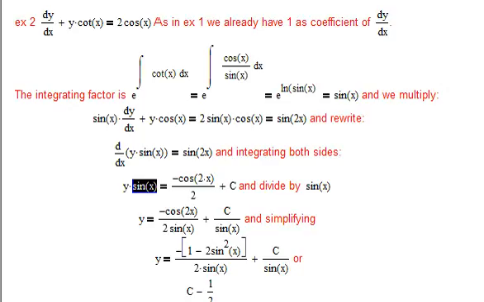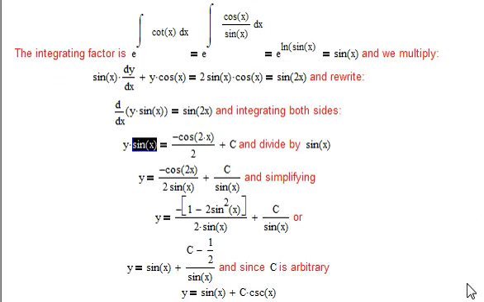And now it gets a little bit more interesting, but it's just a matter of a few trig identities. Remember that cosine of 2x is 1 minus 2 sine squared. We actually use that to integrate sine squared in calculus 2. So that shouldn't be too far removed from your memory. So that means we have